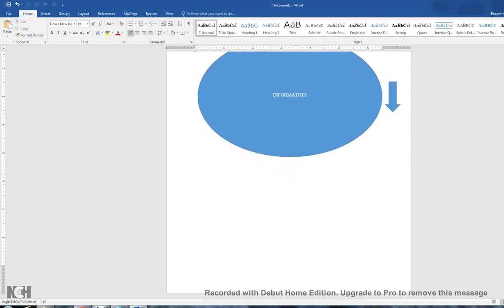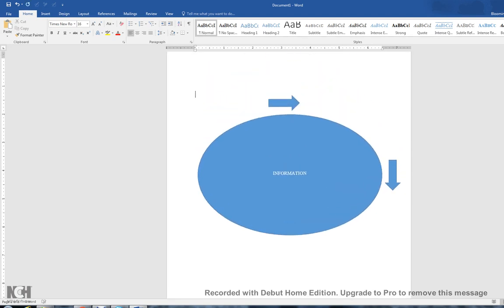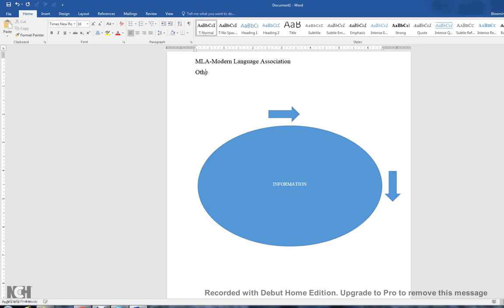So what does this mean for MLA? Well, I'll explain. MLA, by the way, means Modern Language Association, and it is a real organization. And there are other styles besides MLA, like APA, Chicago style.